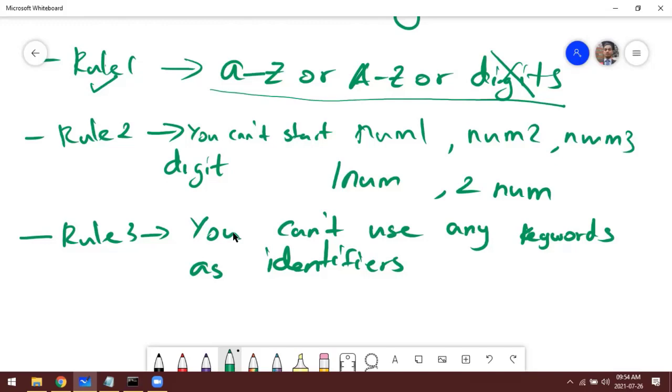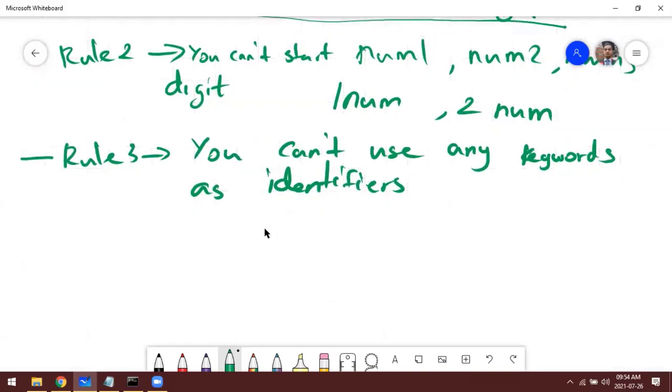They have explicit meaning when it comes to the programming language. So in our case, we are discussing Python. Python has around 33 keywords. Those keywords explicitly have their own meaning, right? So we can't use them for any other purpose. So in that way, we can't give any keyword as a variable. For example, you can't declare like this, because if is a reserved word, right? It has some meaning in Python.